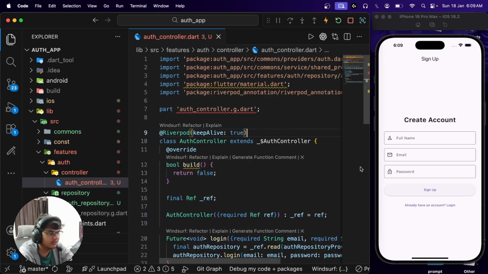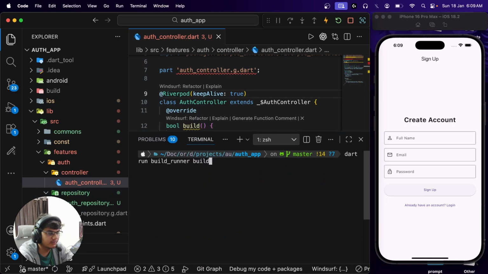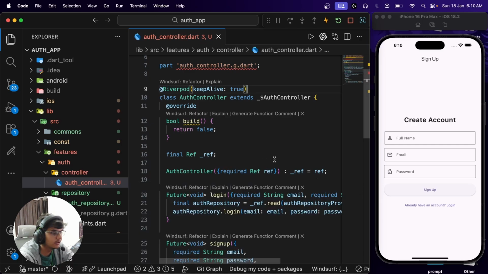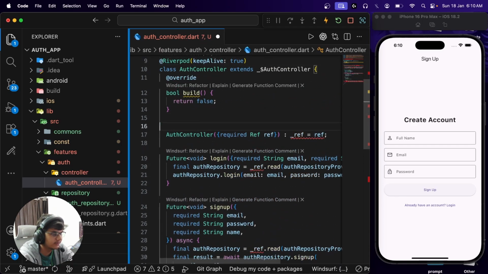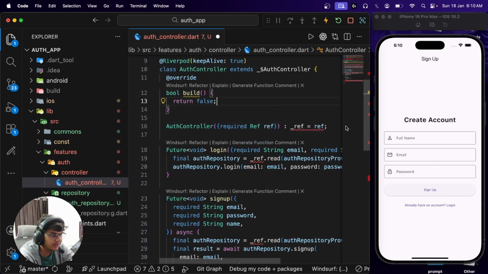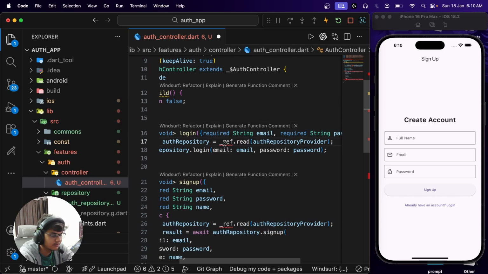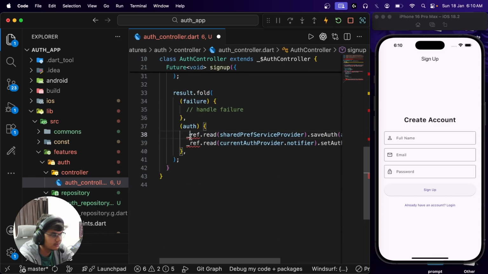I guess this time it went through and it worked. Nope, something went wrong. Okay guys, looks like in the newer versions of Riverpod, we do not have to pass ref like so. We will have access to ref. So I don't think this constructor is required anymore. We can simply have access to ref without the underscore,